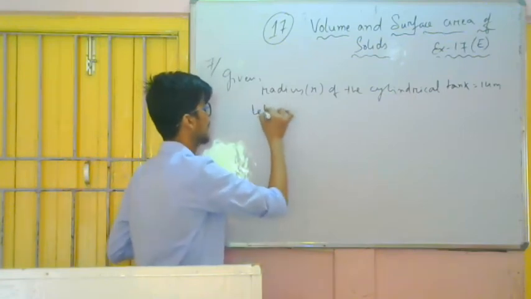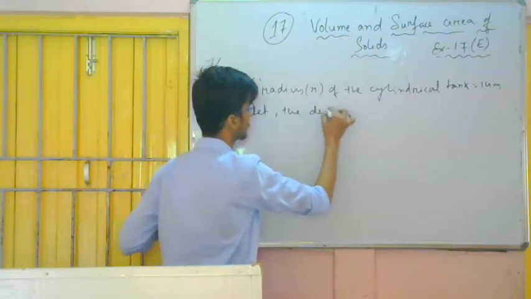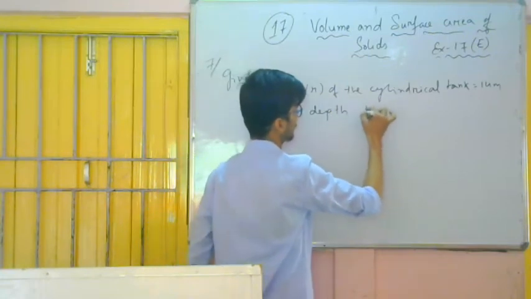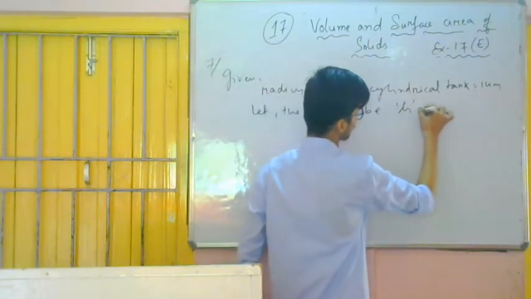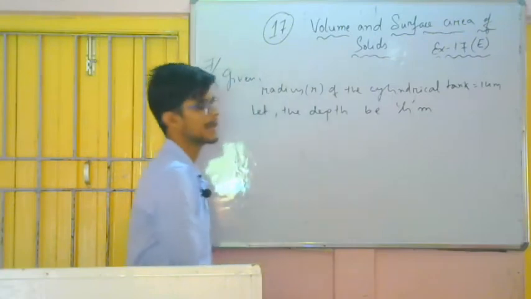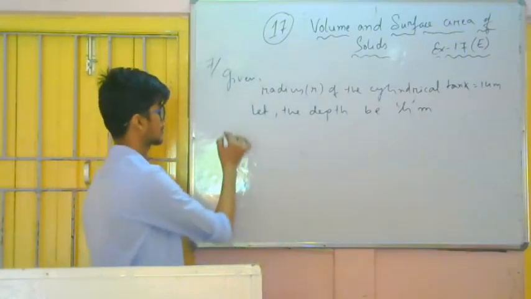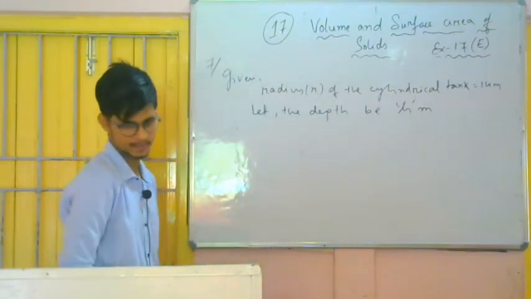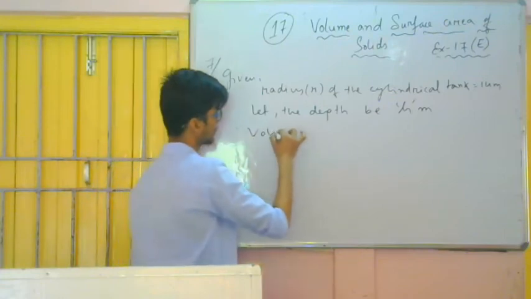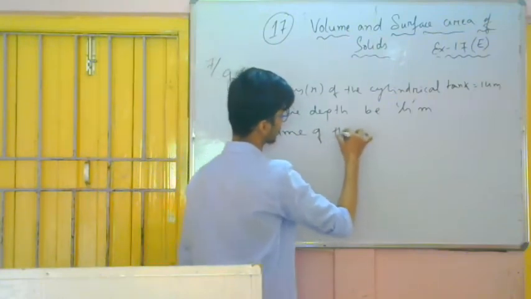So you write, let the depth be h meter. Since volume of the cylinder is given, so you write, since volume of the cylindrical tank is given